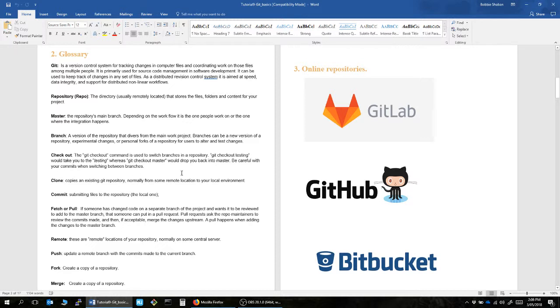The master is the main branch, and depending on the workflow, is the one where people work or the one where the integration happens. So a branch is a version of the repository that differs from the main work project. Branches can be a new version of a repository, experimental changes, or personal forks, or a repository for users to alter and test changes. So what you can do is have, say, if you're creating a website and you've got